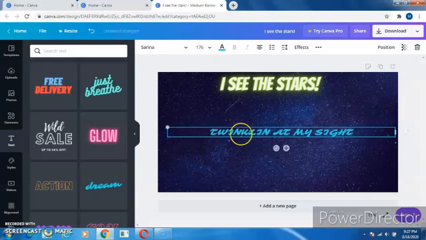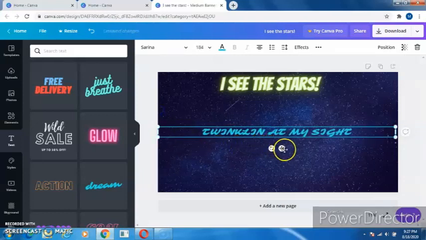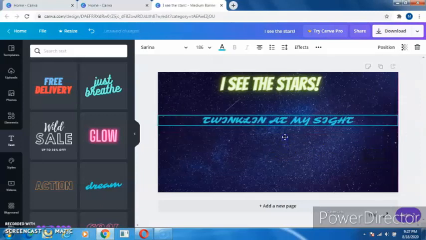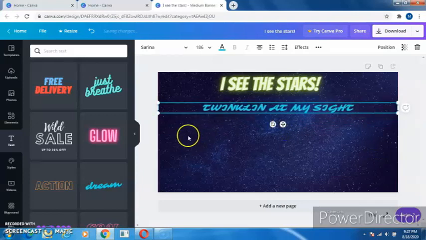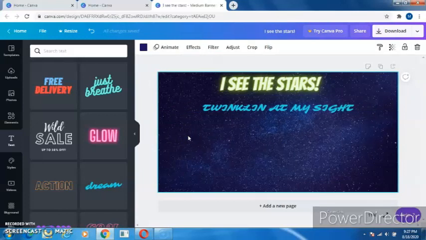So for it to be in a single row, that's it. You can hide text, and you can just add a video